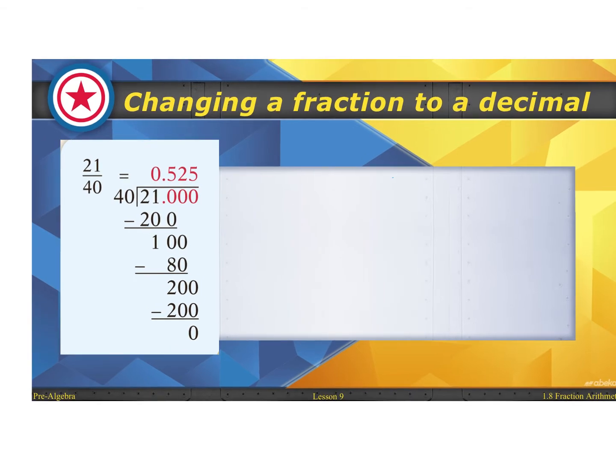And many of you do not like division. I know that from experience. But we're going to get this down and we're going to get it mastered. All right, so let's take a look at this. So a fraction that you want to divide. So again, they took 21 over 40. And you remember how I always tell you that the denominator falls out of the house so that the numerator can fall in the house, okay? As you see here, 40 would not go into 21,